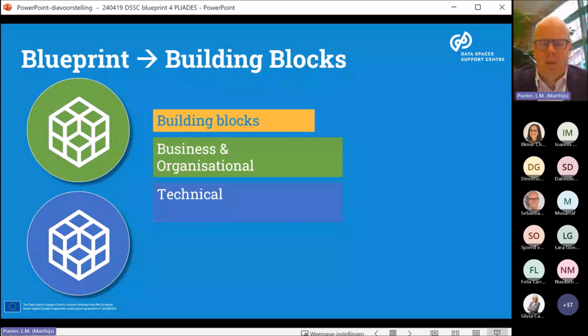By the way, maybe as a side note, it is not that we are in some sort of ivory tower developing the blueprint and spreading this to all those dataspace initiatives. It's really a collaborative approach. So we have a wide community of practice with dataspace initiatives, with technology providers, and together with them, we are developing this